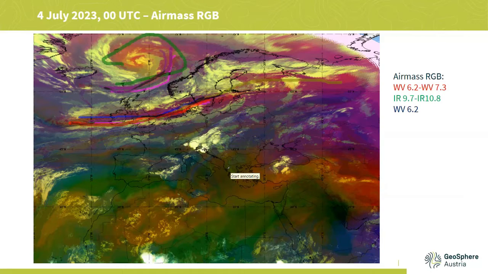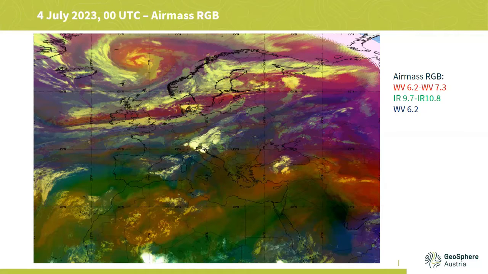Yes, this looks all very good. Who is so brave and will try to find the jet streams in the southern part of the image? Okay. Orange colors in the southern parts of the image. Okay, I will show you the solution in the next image